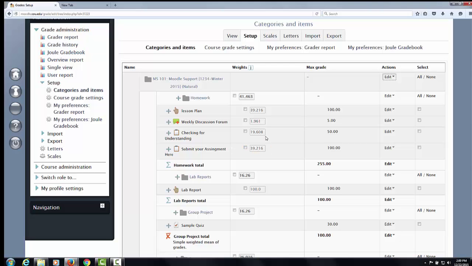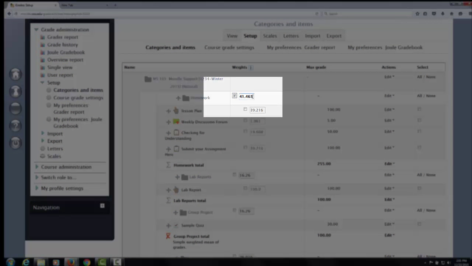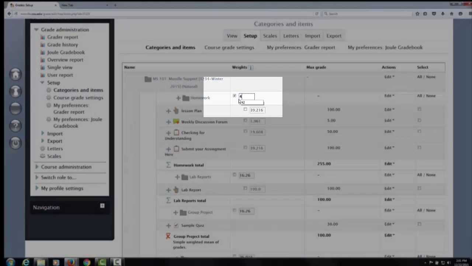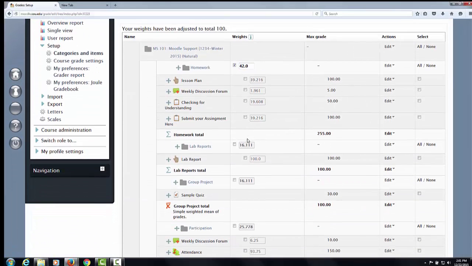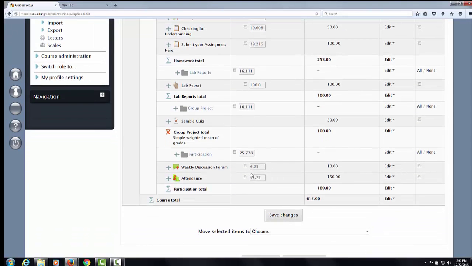The percentages and the fact that they go out to 3 decimal points, that sometimes confuses people, and it is possible, although I don't recommend it. I can put a little check next to the top category, and I can just make that 42, press enter. And because we've made a change, notice all the other categories, well, the total points didn't change at the bottom, the other category values did change.